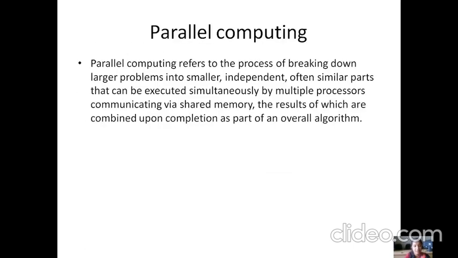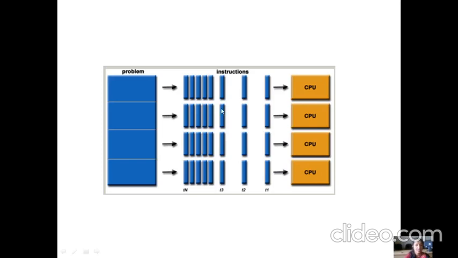Whereas in parallel computing, the task will be given to the parallel computing system. It will break down this large task into smaller tasks or independent tasks. All these smaller pieces will be executed at the same time, simultaneously, by the processor. You can see the diagram here. This is your problem. It is going to break down into smaller sections of small pieces or instructions. All these instructions at a time are given to the CPU for execution. So this is all about parallel computing as well as distributed computing.